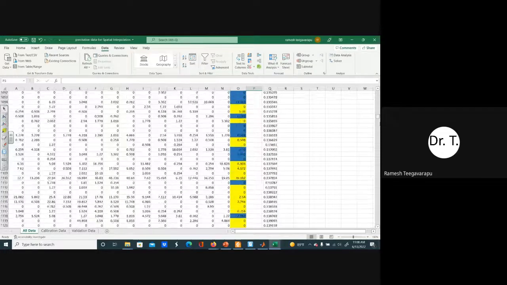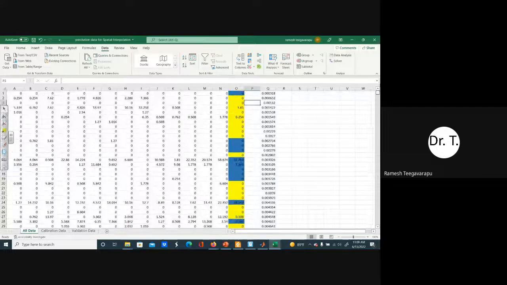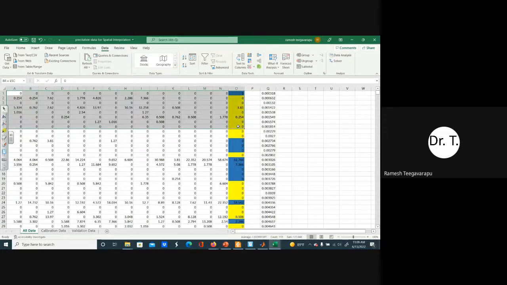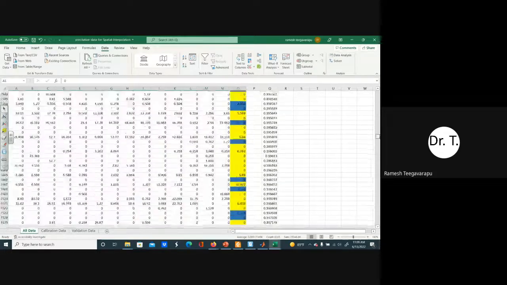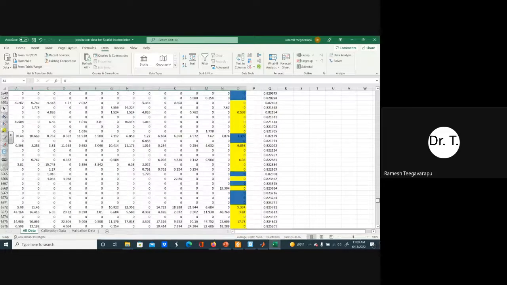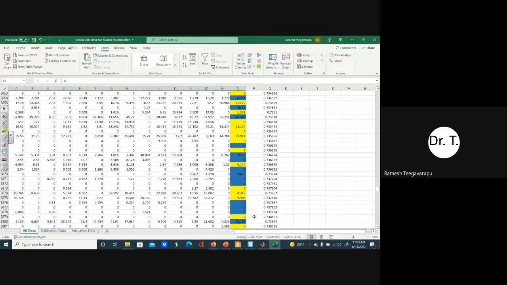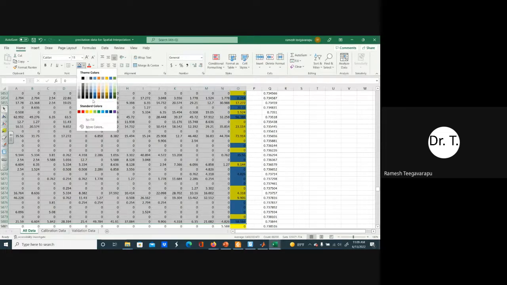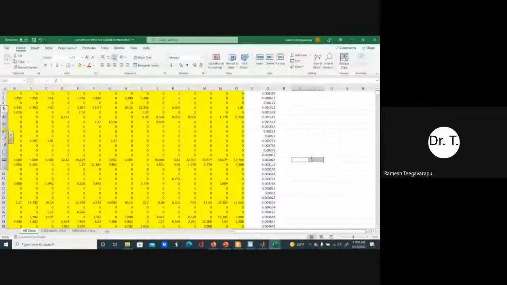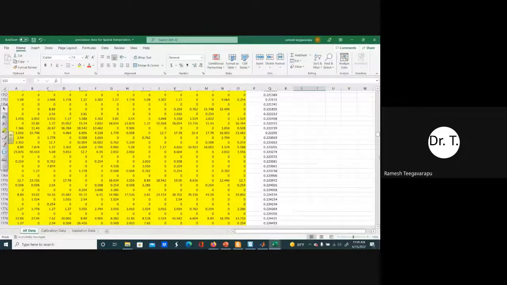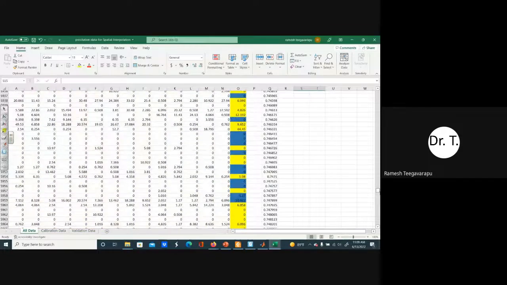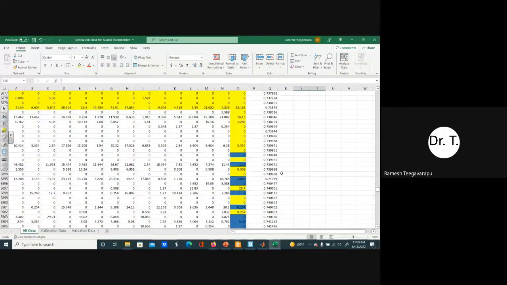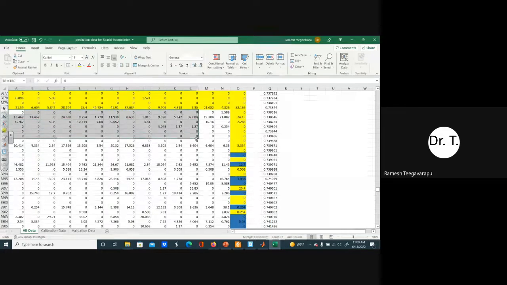So once I do the randomization, then I can decide I will use the first 70%. Now I can color code up to 5,000 or so, approximately. This is my calibration data. That's it. That's my calibration data. And the validation data is below it. So is that clear to all of you what I have done? Will you be able to do it? So the rest is my